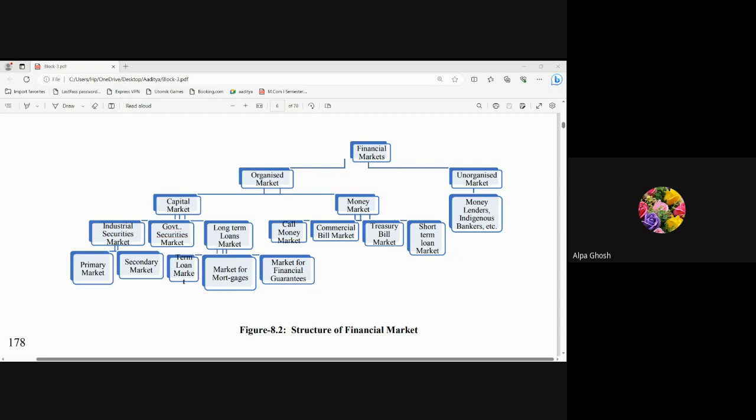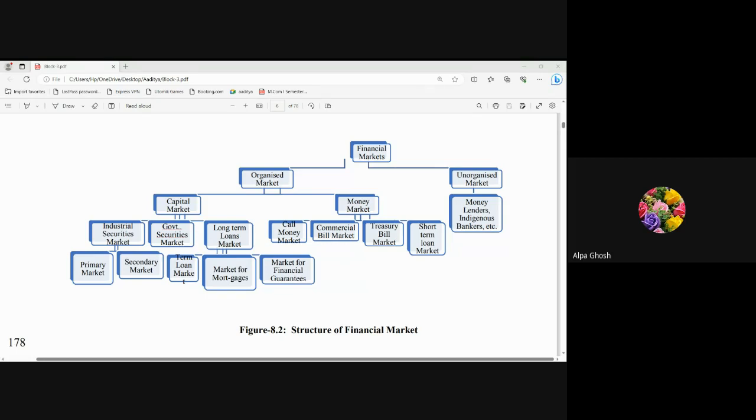Now, when we talk about these money lenders and indigenous bankers, they do not follow any guidelines. Okay? From me, they can charge 10% interest. From you, they can charge 15% interest, looking into the intensity of the requirement of funds, how intensely the funds are required. From someone, they can charge 5% also. I know you, you are my friend, I will charge only 5%. So they do not follow any guidelines.